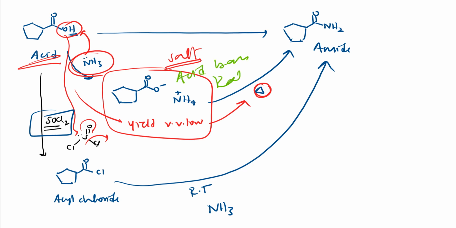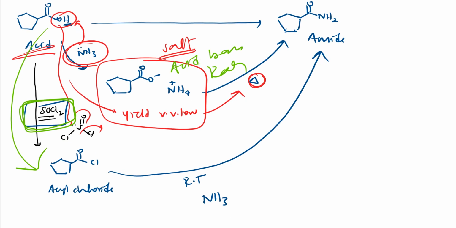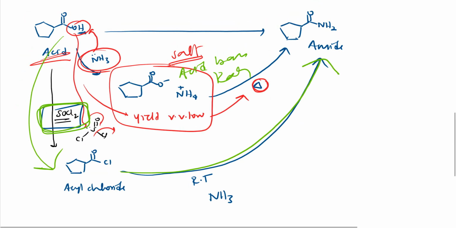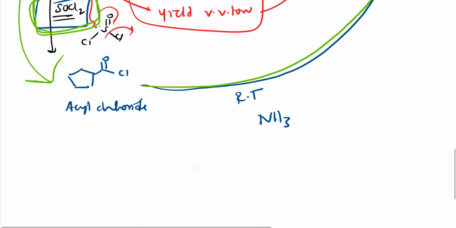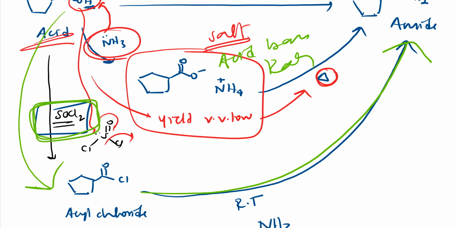So what we do, first we convert this acid to this alkyl chloride using SOCl2. This mechanism you know, right? I am not interested in writing that mechanism, how we convert this acid to alkyl chloride. This thing you know. And from this I'll add ammonia, I'll get this thing. This mechanism also I'm not going to tell, because I am going to concentrate on only DCC, right? So this was the thing we used to go through in two steps.